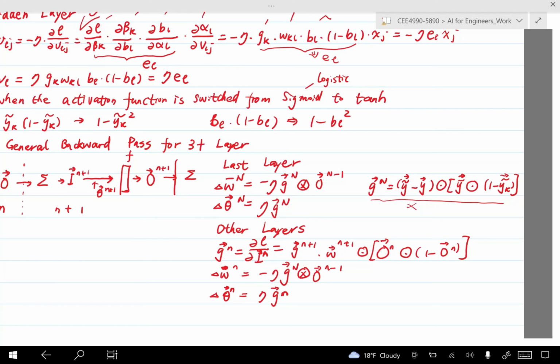Same as the previous layer, the only difference is the treatment of G. Because here G needs to take the Y, that's the output of the last layer. Now we don't have that. Instead, we have the output O. So that is what we need to know about shallow artificial neural